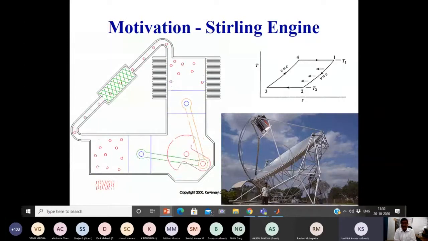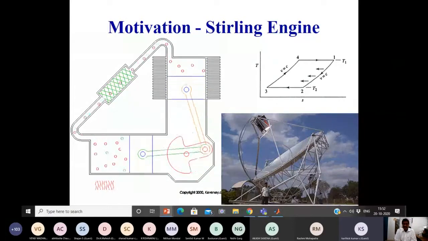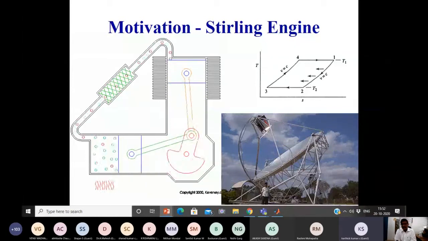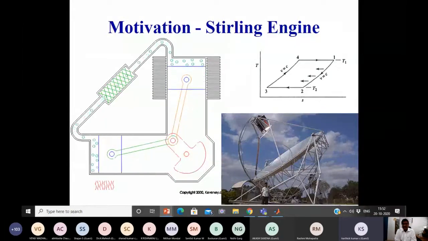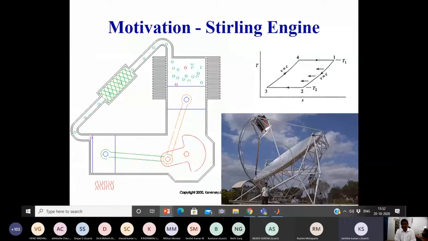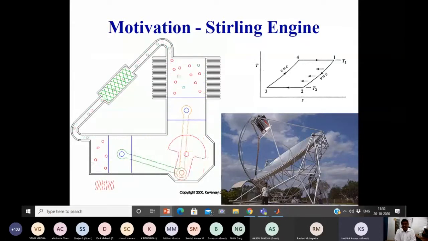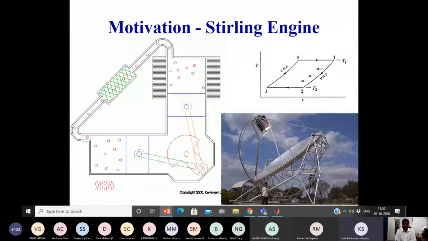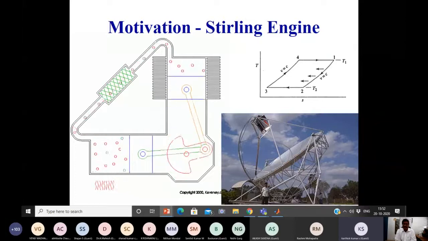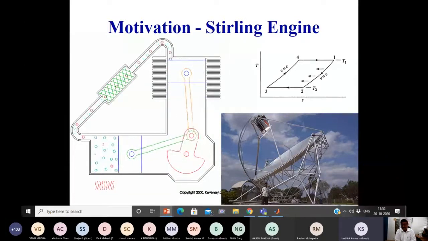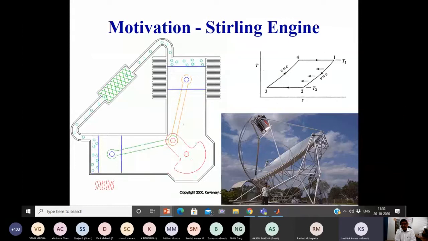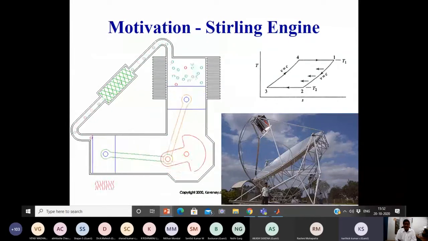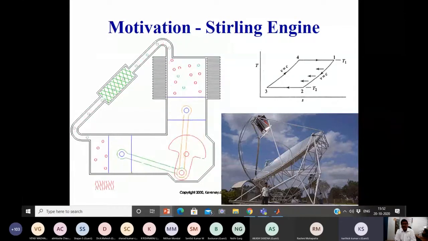Then what is the efficiency of the Stirling engine? 0, because the generation is equal to the supply for the tracking. And after that, it is moving towards negative energy. The meaning of negative energy is that whatever energy we supply to track the collector, that is azimuth angle tracking and zenith angle tracking, is more than the power output from the Stirling engine.